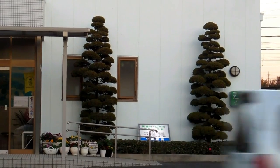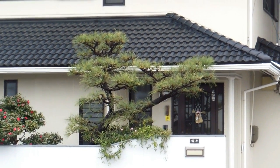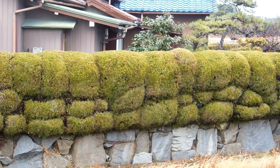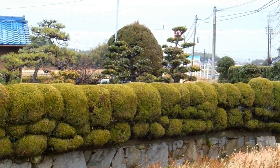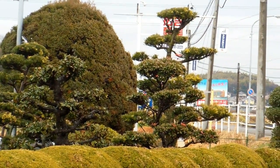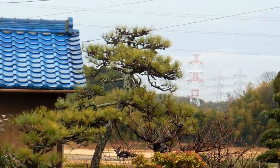But even those of you who haven't been to Japan probably recognize these things. It's a big part of the Japanese aesthetic, isn't it? These decorative trees. Quite often we see them in Japanese traditional art, but also postcards and things like that quite often have these sorts of trees. Japanese gardens, and I'm sure botanic gardens all over the world, if they have a section that has a Japanese garden, will have these sorts of ornamental trees. So they're a classic design